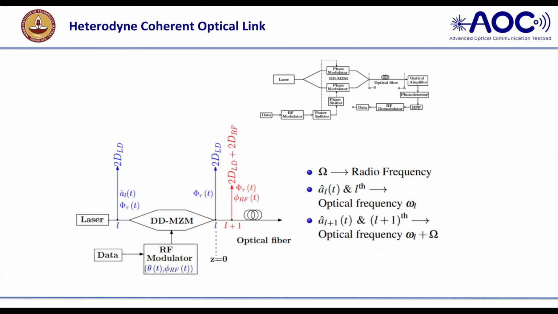Here, at L, we have the laser phase noise, and A is my field operator, like the electric field, and it has the phase noise of the laser linewidth, meaning DLD. And similarly, you have the RF modulator. You have a theta t, that data, either 0 and 1. Similarly, you have a phase noise of the RF modulator coming in, and here we are at the output of the dual-drive Mach-Zehnder modulator.